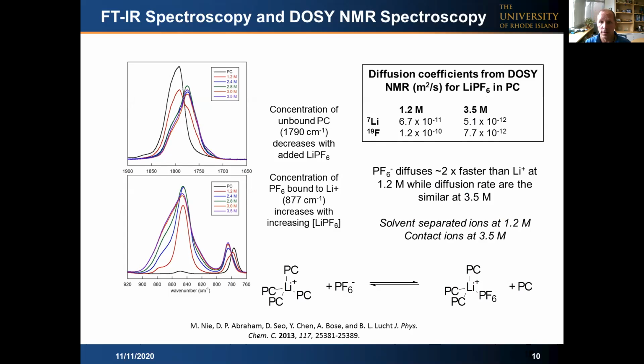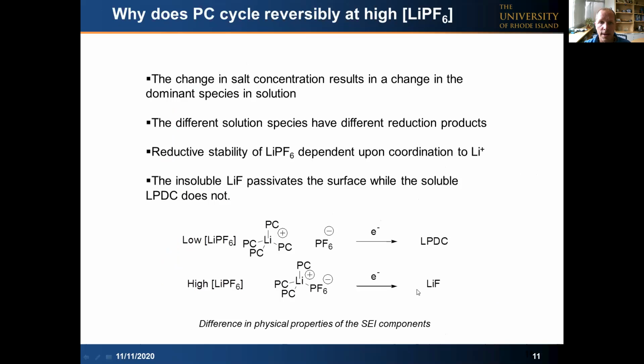What all of these results suggest is that there's a change in the solution structure of the electrolyte upon a change in the salt concentration. At low salt concentrations, we have a solvent-separated ion pair, and at high salt concentrations, we have a contact ion pair. Now, what this means for the overall SEI generation is that basically